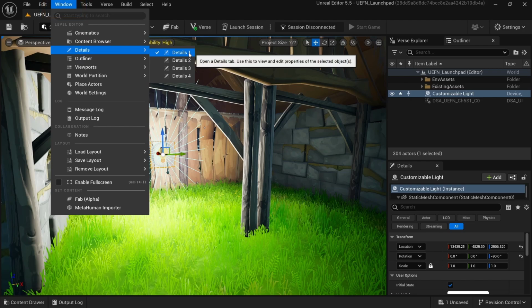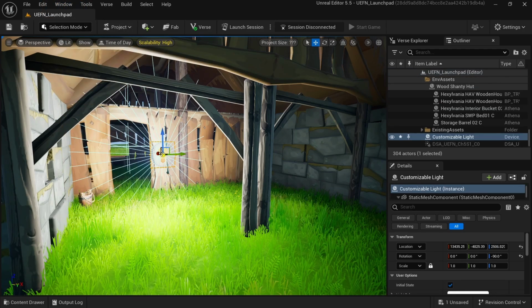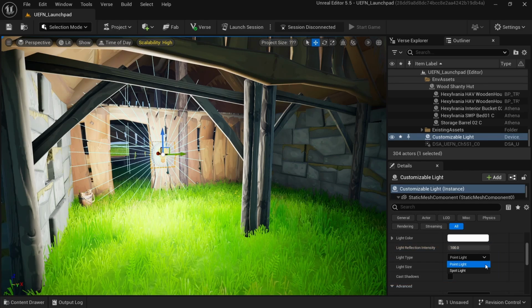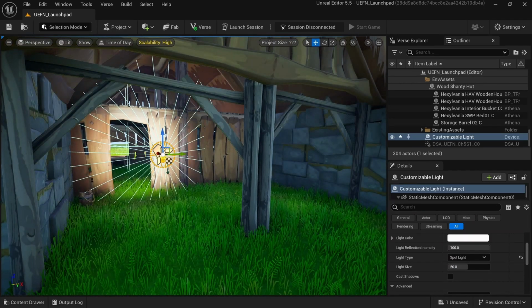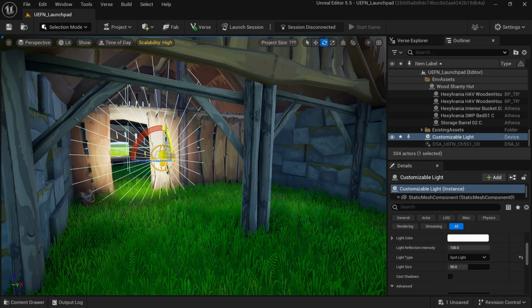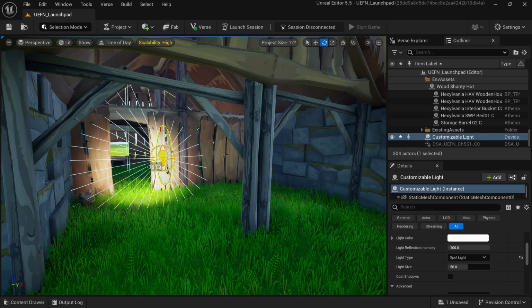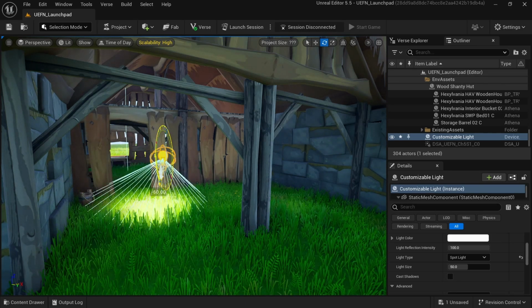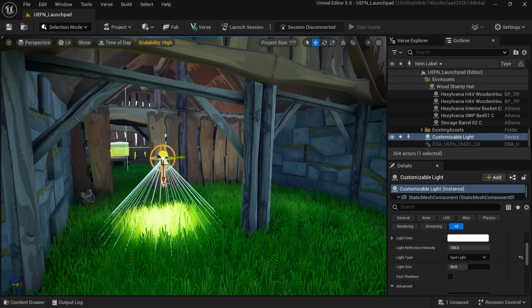and selecting details. To customize your light, firstly, pick the type of light you want to use from the light type drop-down menu. Point light is an omnidirectional light source that shines light from one point out into the world. Spotlight, on the other hand, is a directional light source that shines light to a specific direction. When you select the spotlight option, the direction of the cone on your viewport will determine where your light is